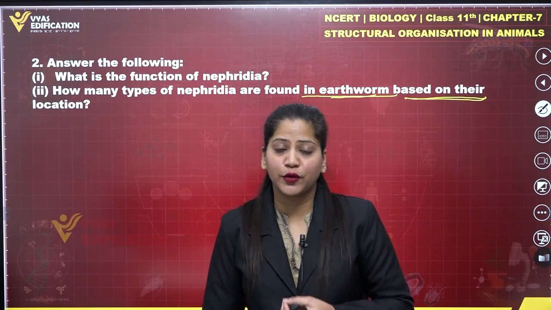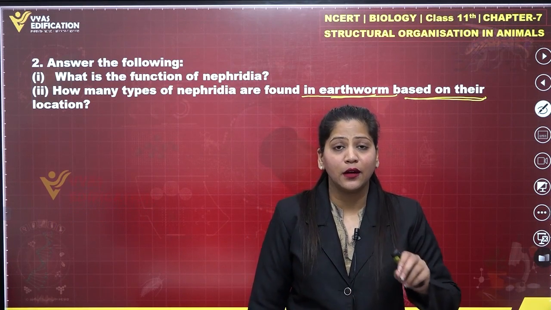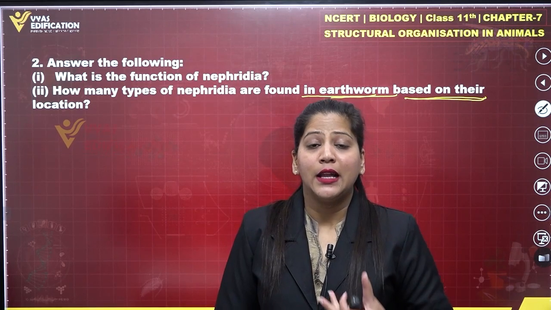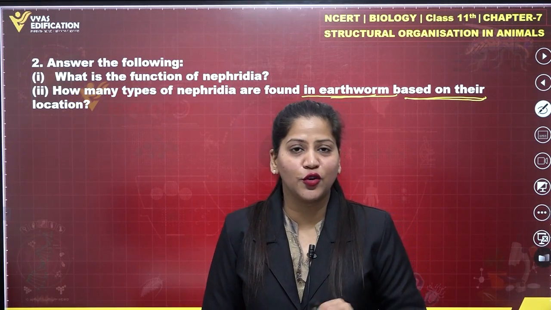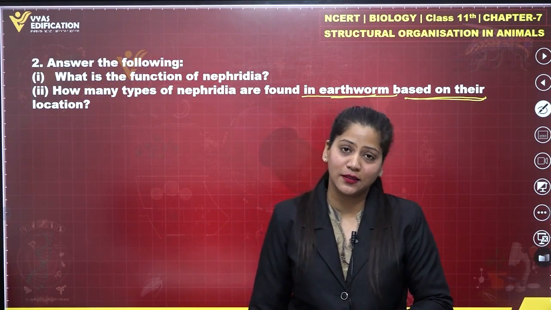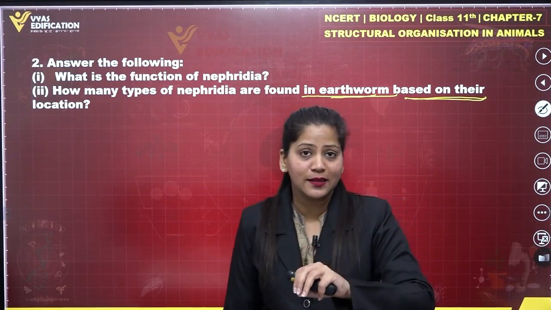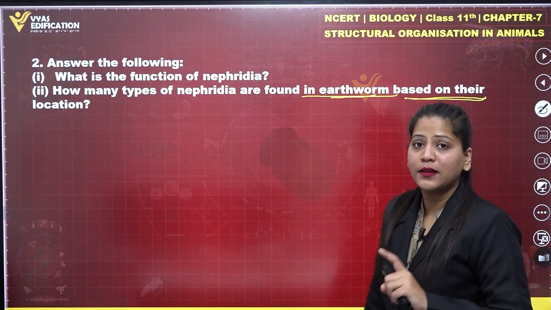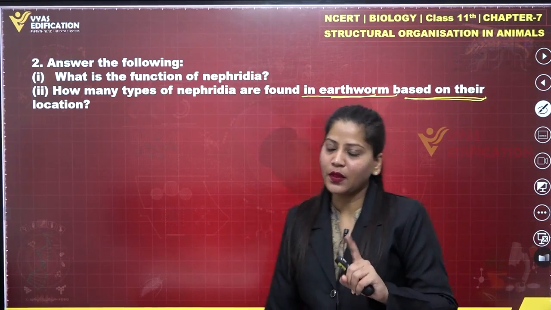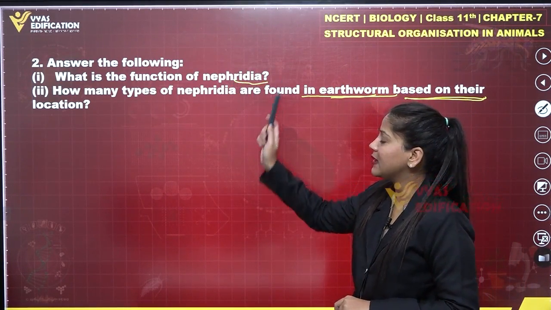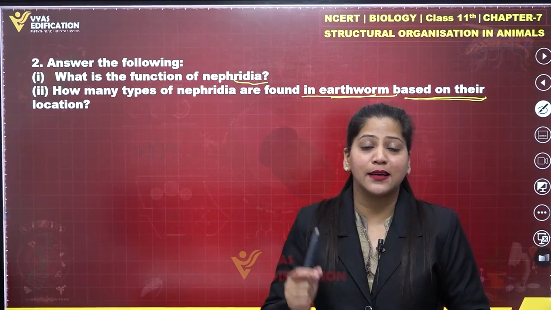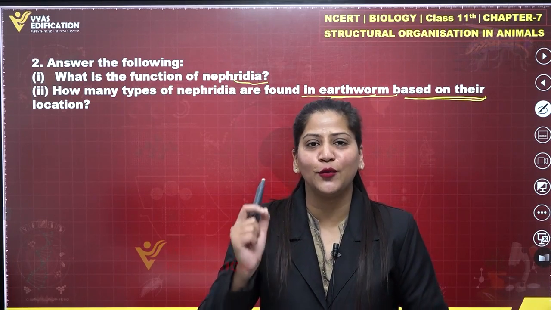Nephridia is an excretory organ. You will find it in earthworms. Nephridia is an excretory organ, right? Now, as we know that it is an excretory organ, obviously the function of nephridia is excretion. So, the first part of this question: the function of nephridia is that it helps in the process of excretion, as it is an excretory organ you will find in